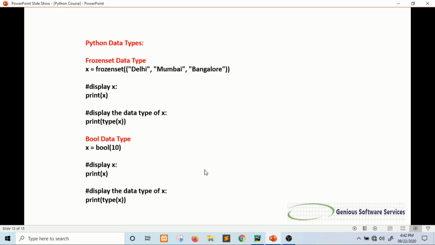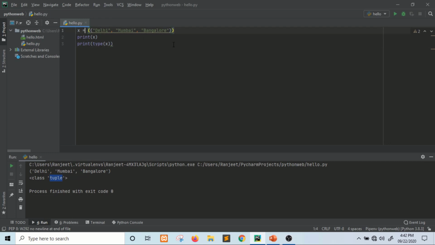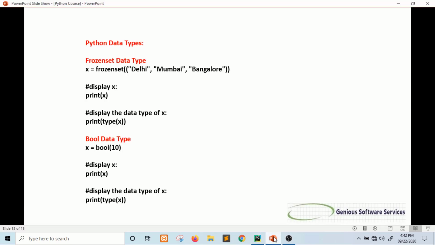Next one is frozenset. For frozenset, you only have to mention frozenset here. Now run this. You can see the data frozenset, right? And the bool.